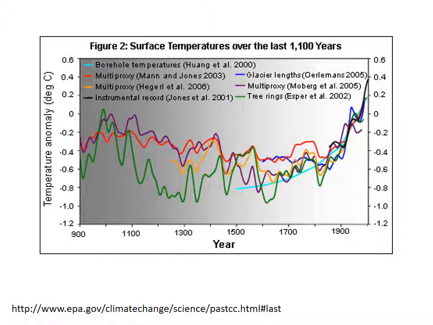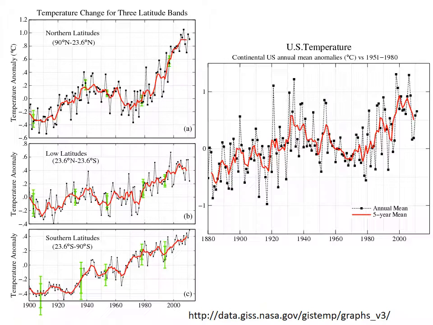We use multiple proxies a lot of times because one is just not enough. So we use information from ice, we use information from tree rings, we use information from human records. So we use a lot of different lines of evidence for tracking